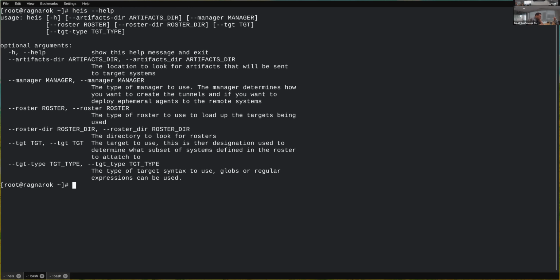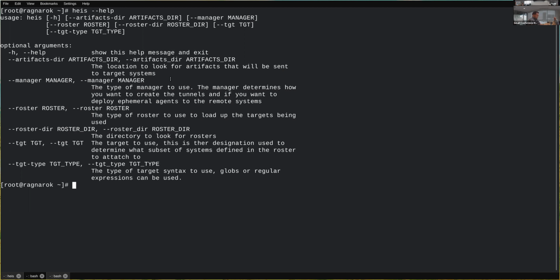So Heis is a completely pluggable system, really all about distributing runtimes in an ephemeral way, using tunnels, and then connecting those runtimes into arbitrary managers. And it just so happens that the arbitrary manager we're looking at is the salt minion and master, and that's the system that we're addressing.